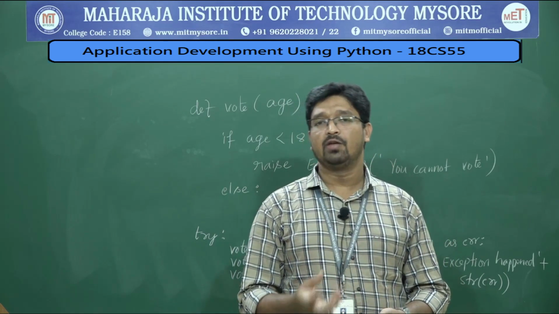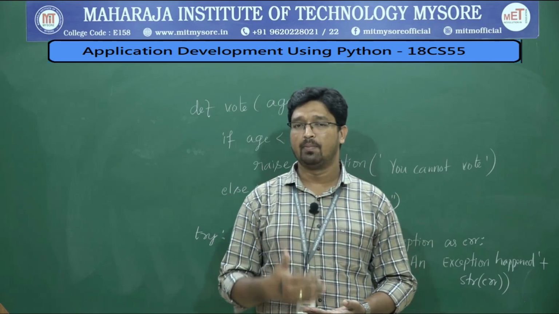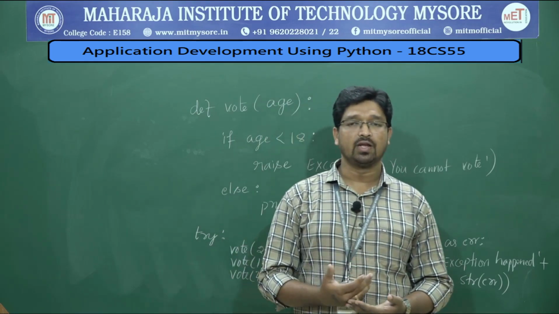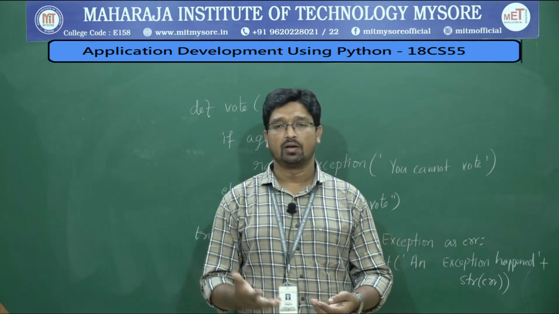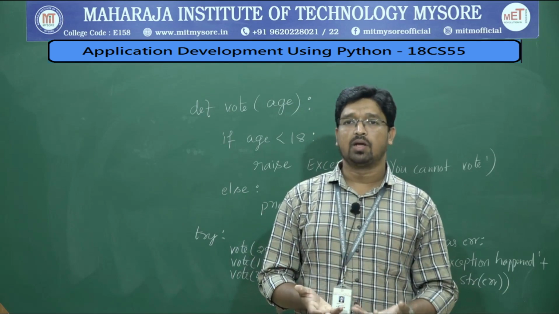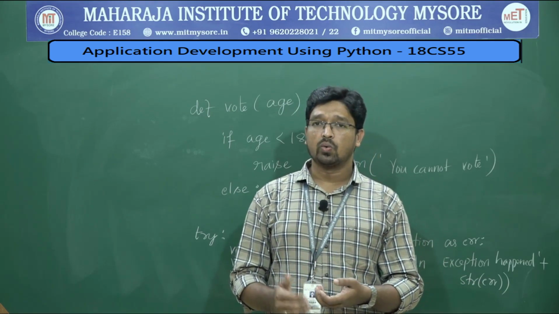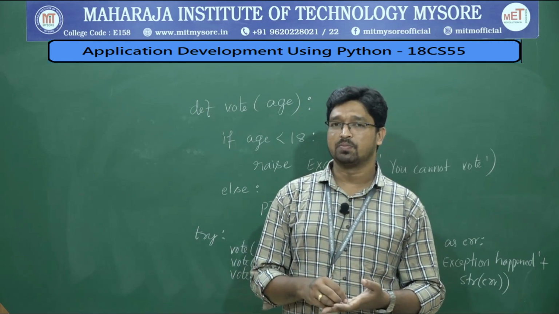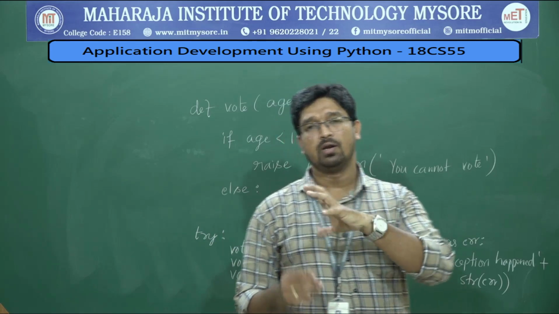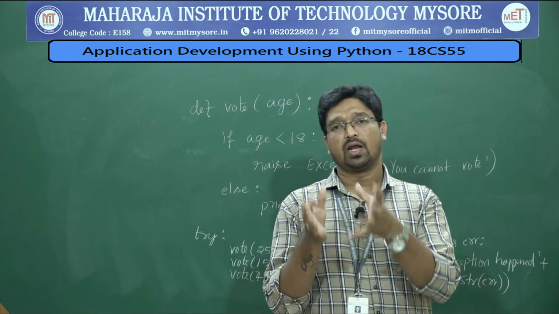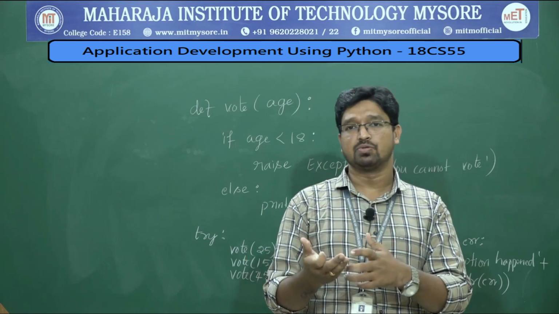There are some predefined dynamic errors, let us say divide by zero error, value error, name error, index out of range error, memory out of bound error. So there are so many dynamic errors. They are predefined errors, but still you can create your own dynamic errors by raising an exception. So as I said, if you want to take some integer input, and the range exceeds some given range, then you can raise an exception, right?